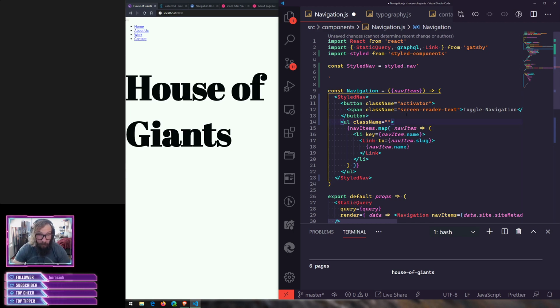We'll add a class name to the UL here so that we can target the actual list items and everything within the navigation. So we'll call this just